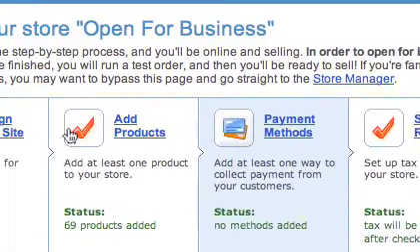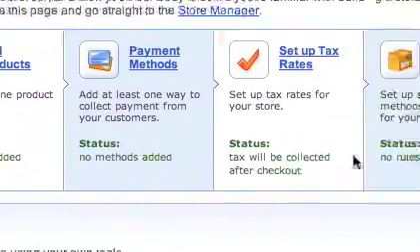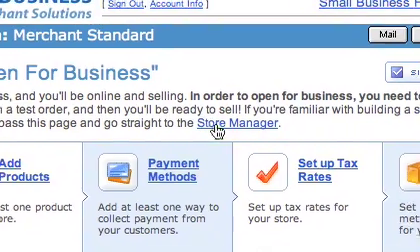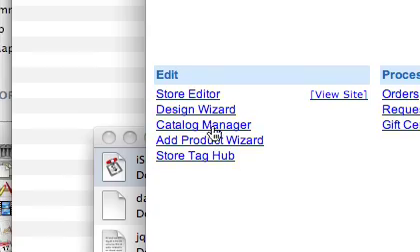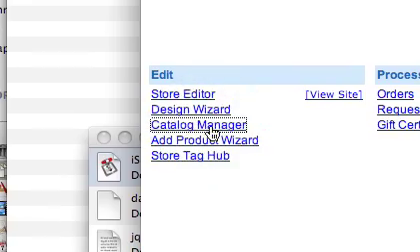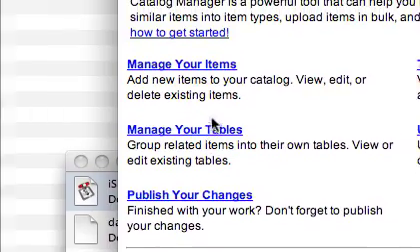Sometimes it'll ask you for a security key if you haven't already put it in. Ignore all of these buttons down here. Just go ahead and click on Store Manager. Come over to the left, click on Catalog Manager, and this is where you'll be doing all entry and management